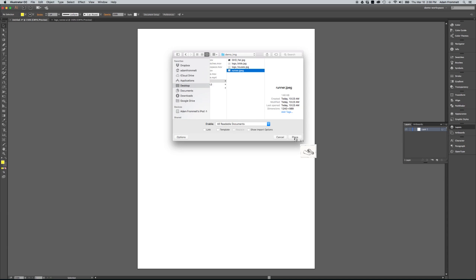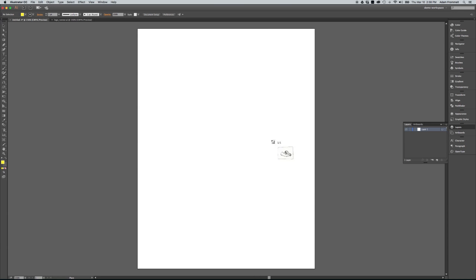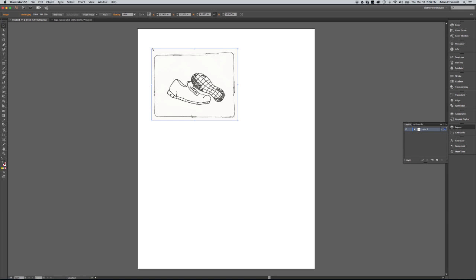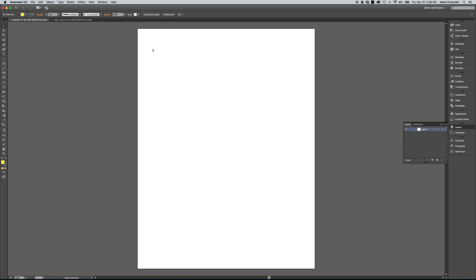Little whirling beach ball of death there. And you'll see what it's going to show me is a pointer and a small thumbnail version of the image that it's going to bring in. I have two options. If I just click on the artboard, it will drop the image in full size, so that it can be at print resolution. Or